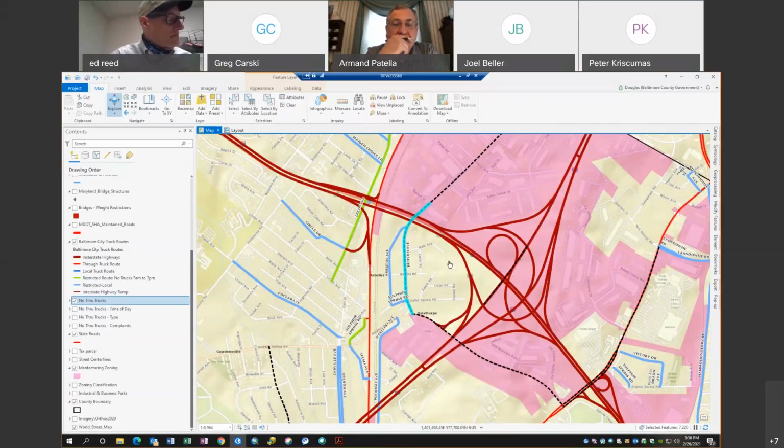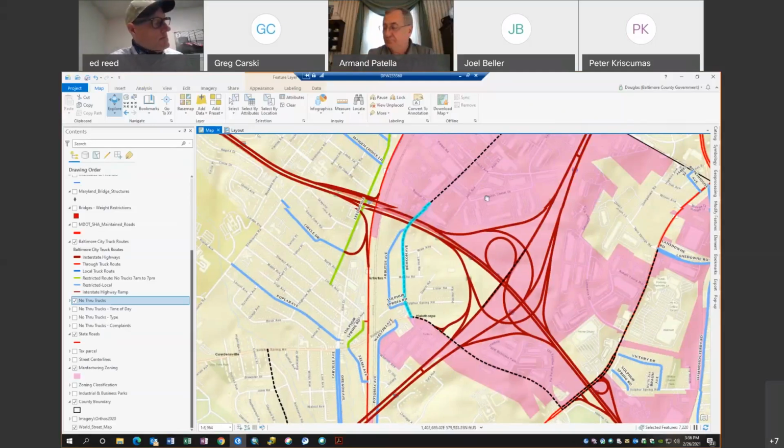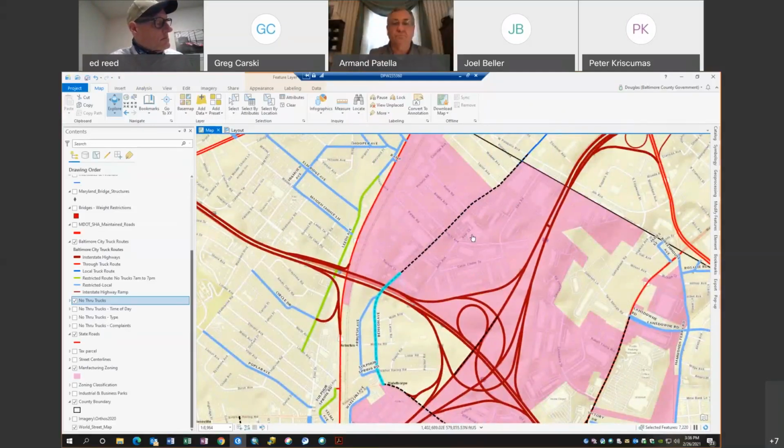And I know a lot of trucking companies come in through Joe Avenue and the top part of Benson Avenue where the city line and county line meet. But once they get down, they take that shortcut, the cut through to Benson Avenue that's residential, to get to Sulphur Spring Road to dump out to Washington Boulevard to jump on 695, because they don't want to go out to Caton Avenue and jump on 95 or Caton Avenue to Washington Boulevard to grab 695. But it is a big issue there.